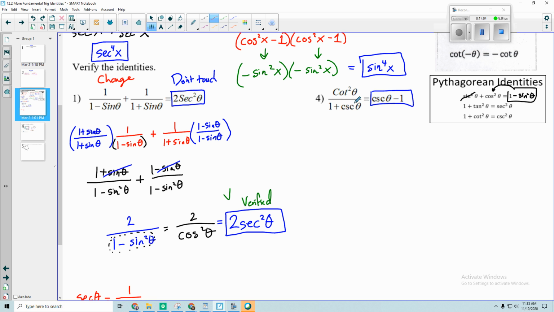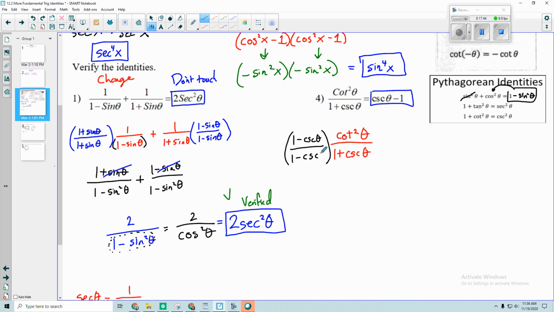If only this was squared, then we could use it in a Pythagorean identity. So my goal right now is I want to rewrite this. I'm going to change this so that if it is squared, then I can use a Pythagorean identity. So how could I do that? Is there a way I can manipulate this so this would end up being 1 plus cosecant squared? I could multiply this by a fancy 1, kind of like I did with the last problem. So if I multiply this by 1 minus cosecant